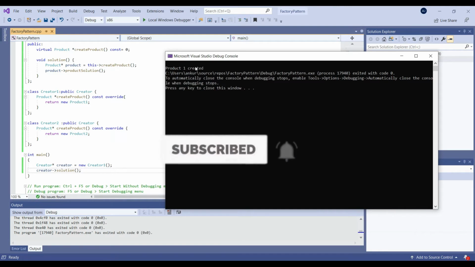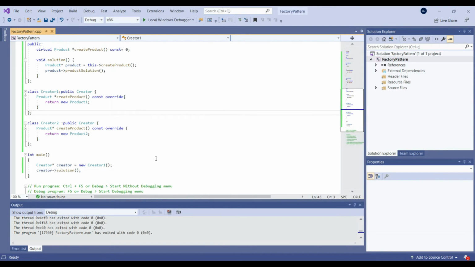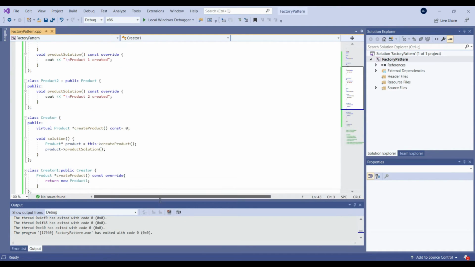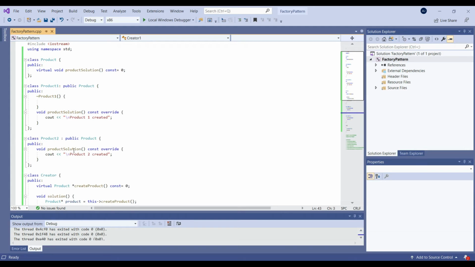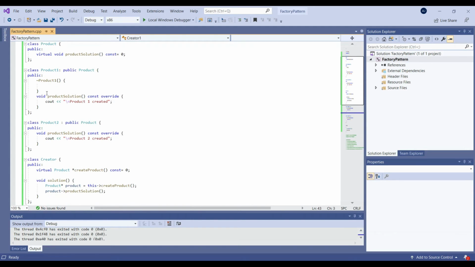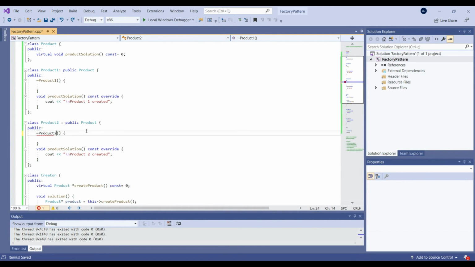Product 1 created. Okay. So basically what we did is we have a product interface. It has two product classes. I didn't write a destructor properly, but yeah, it's straightforward. You have two products getting derived from product, and each has its own product solution where you can probably construct your own data.